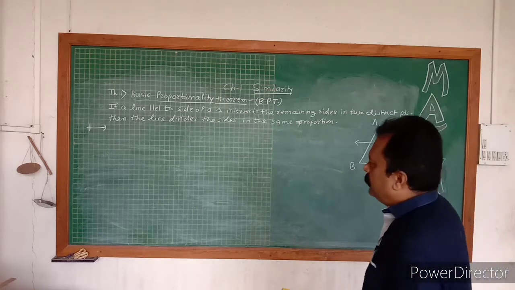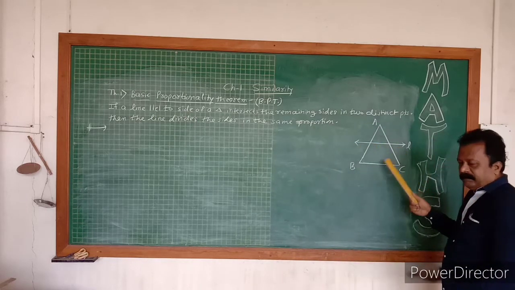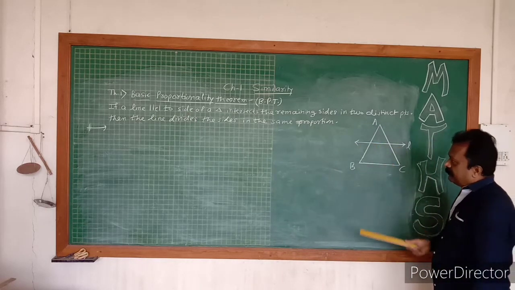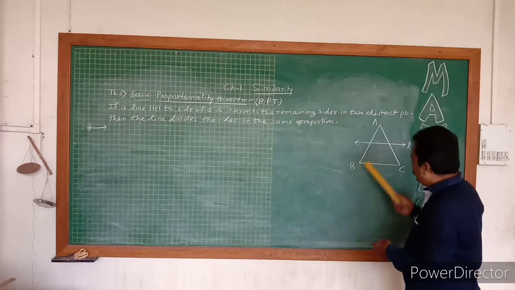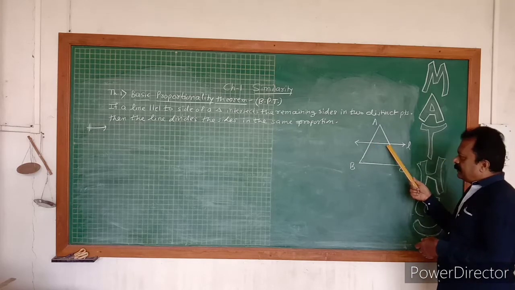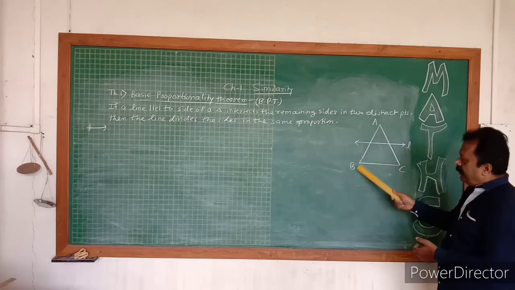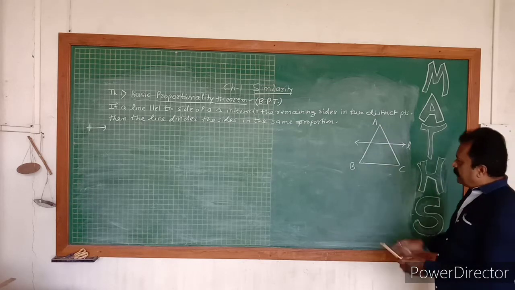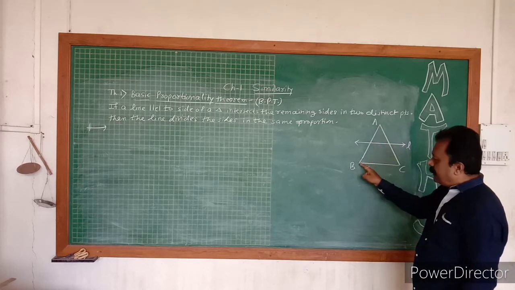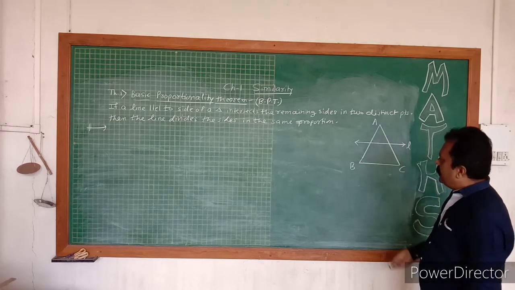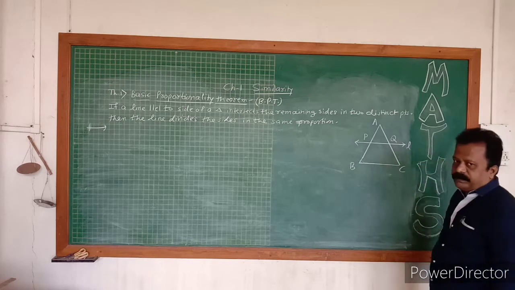Now, again I am reading. If a line L is parallel to side BC, then it intersects the remaining sides. Intersect means what you know; the intersections are here and here. This line L is parallel to BC. The remaining sides are AB and AC, so the intersection points are here and here. We have two intersection points because line L intersects both AB and AC. So let's consider the point of intersection P and this one Q, suppose.